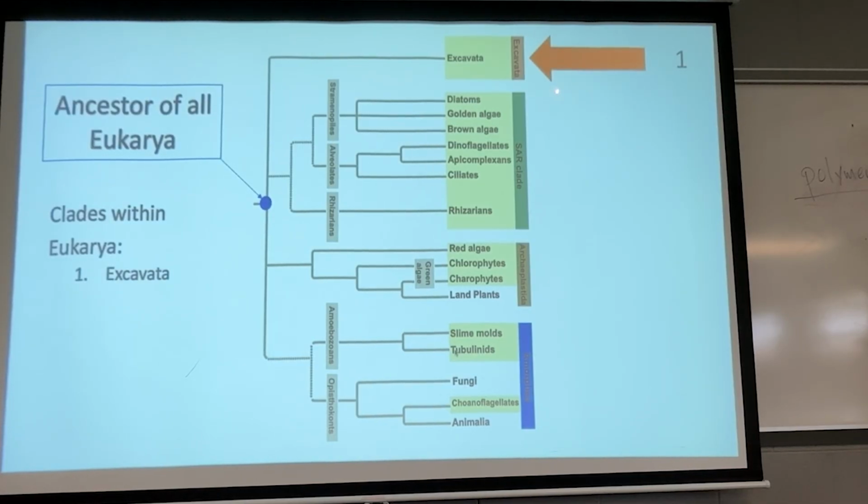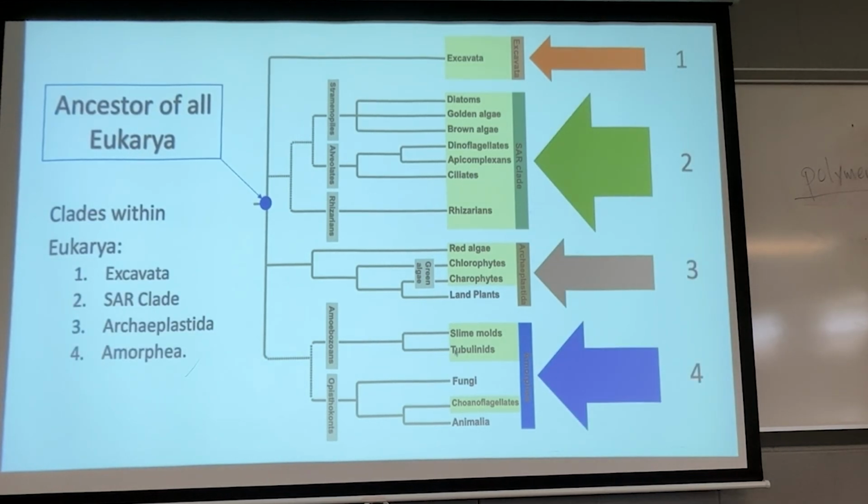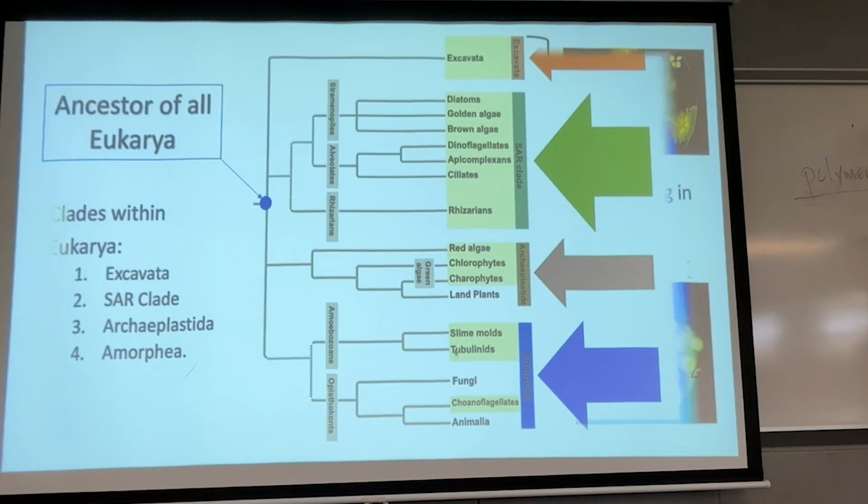So this first group is our basal group. We're going to start up here and then talk about these guys and then work our way down to animals. That's really what we're going to do in the rest of the PowerPoint. And so you've got your 4 supergroups. Now when you look at these,